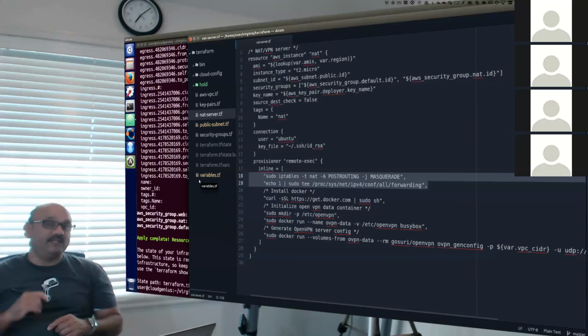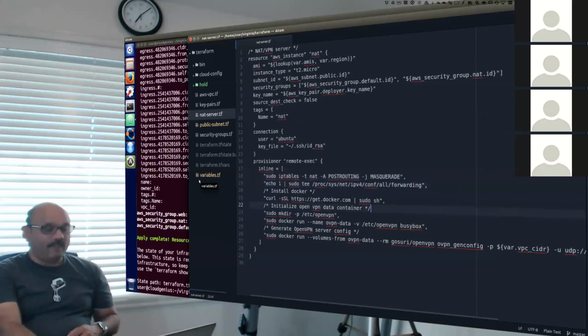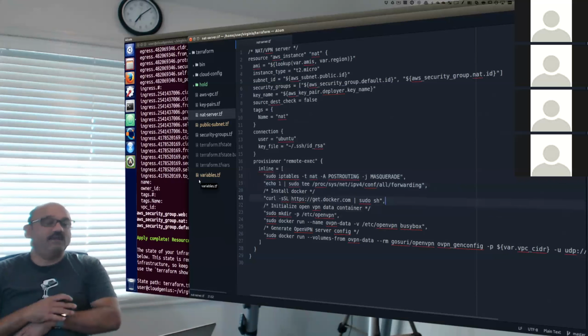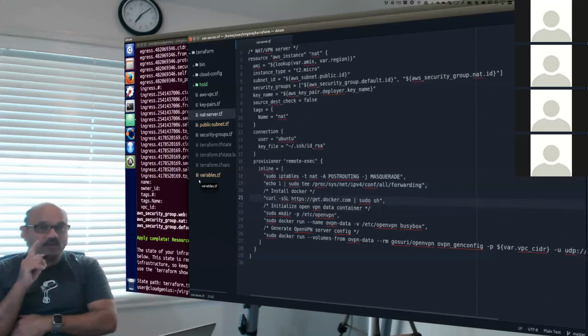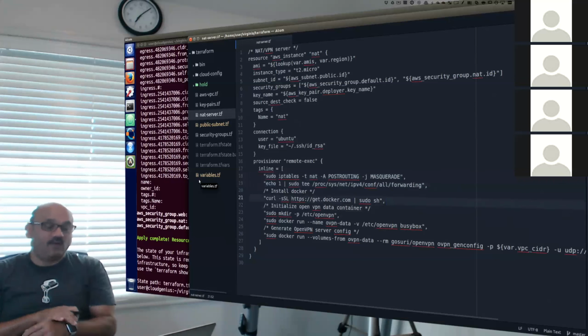Then we install Docker there. That is line number 21. One line of code puts Docker in there. And then we'll create a folder to configure OpenVPN. And using Docker, we will run OpenVPN.